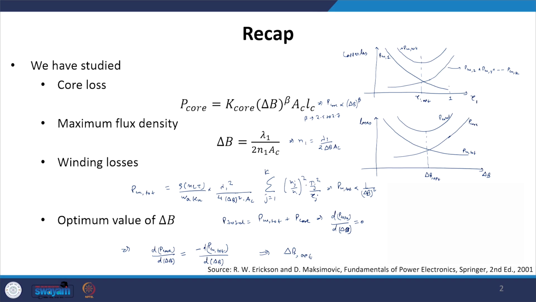In total, what we understood is that we have to obtain the optimum value of gamma such that our PCU total will be minimal. We have to obtain the optimum value of peak AC flux density such that the total losses in the transformer, that means the summation of the core loss and the copper loss, is less. At the same time, for that optimum value of delta B we can then calculate the number of turns in the primary winding, or winding number 1, and using the turns ratio expressions we can obtain the number of turns in the other windings as well.